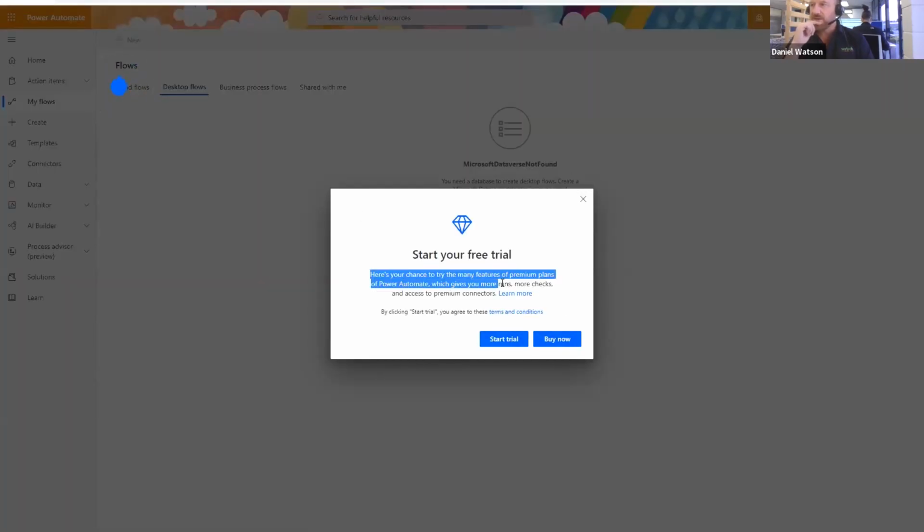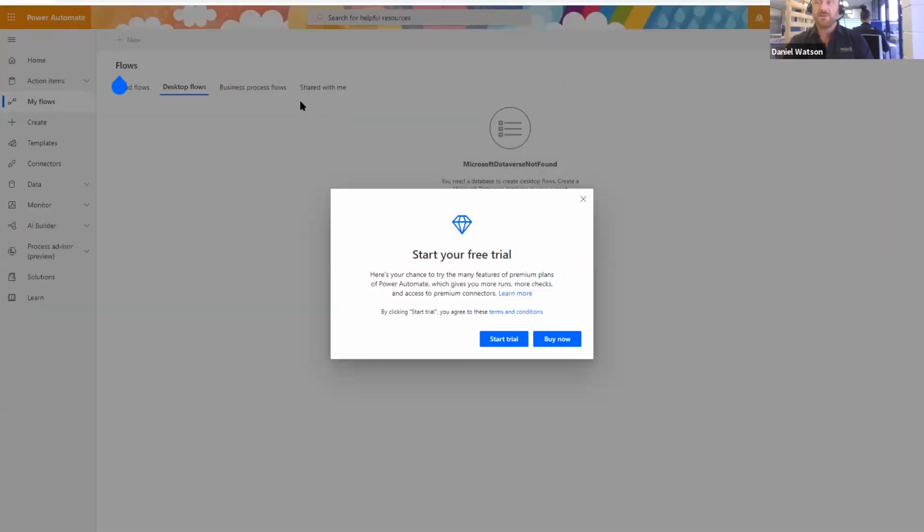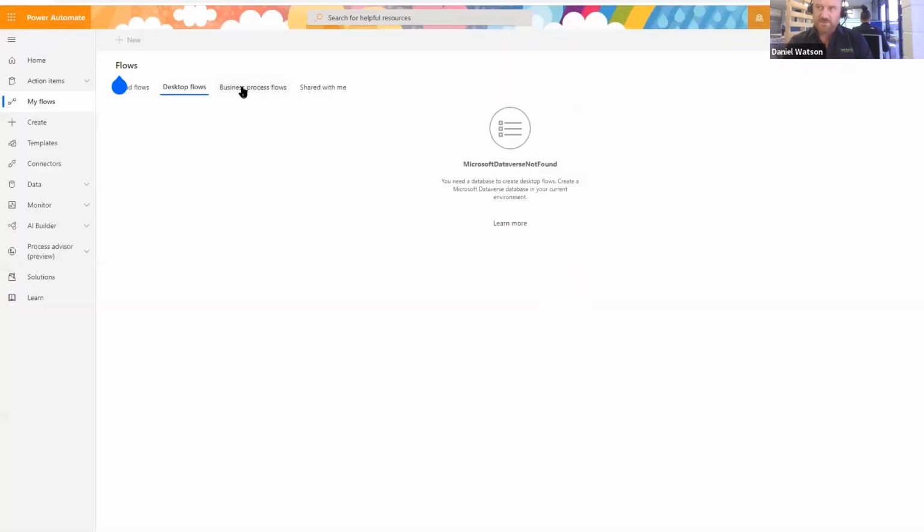There's premium aspects to some things, but that would be a case of finding out what it is you need. None of these things are particularly expensive. It's like dollars per month type of thing, a lot of them. So it's worth just